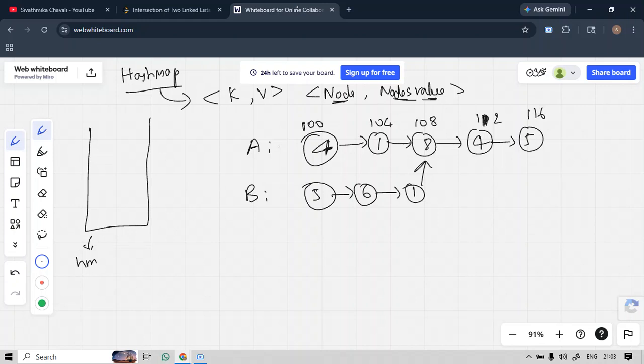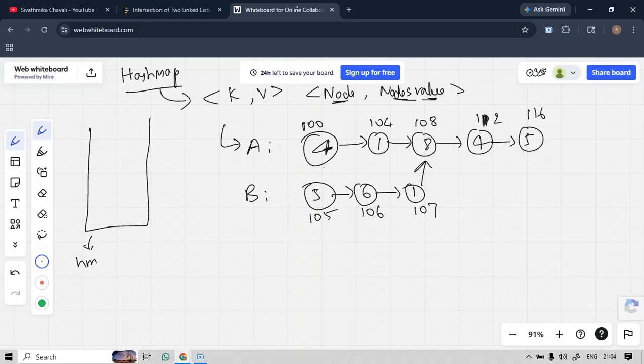Okay, these are the addresses of this A linked list, and the B linked list addresses are, let's say, 105, 106, 107 and 108. Now I'm going to iterate this A linked list, and I'm going to store the node addresses as my keys, and the values that are present in the nodes as my values.